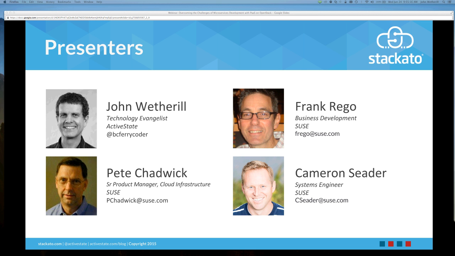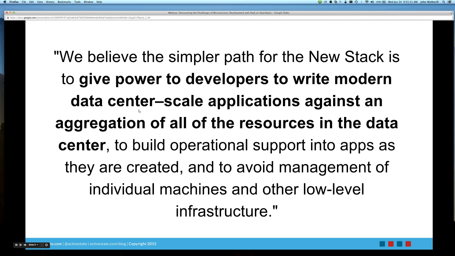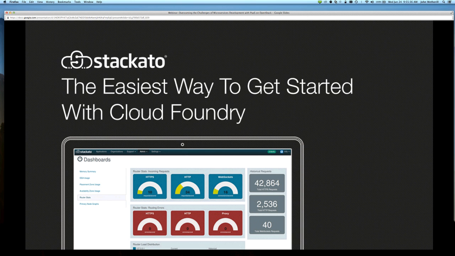What I'll do quickly, just while we're here, is now that the infrastructure is ready to go, it is then pretty trivial to deploy a PaaS to this infrastructure. I'm just going to buzz through some slides to talk briefly about Staccato and deploying it on OpenStack. All that's required to deploy the entire platform as a service stack is to just boot the image that we provide onto the OpenStack instance that was configured earlier. So it's just boot an image and you're done. You have the PaaS ready to go.